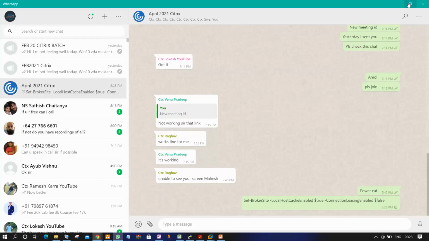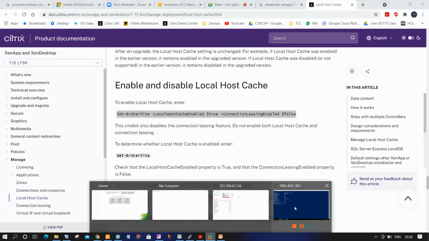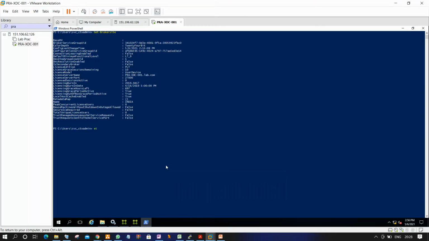Set-BrokerSite. Set means we are applying a value. Get means you are generating the information.